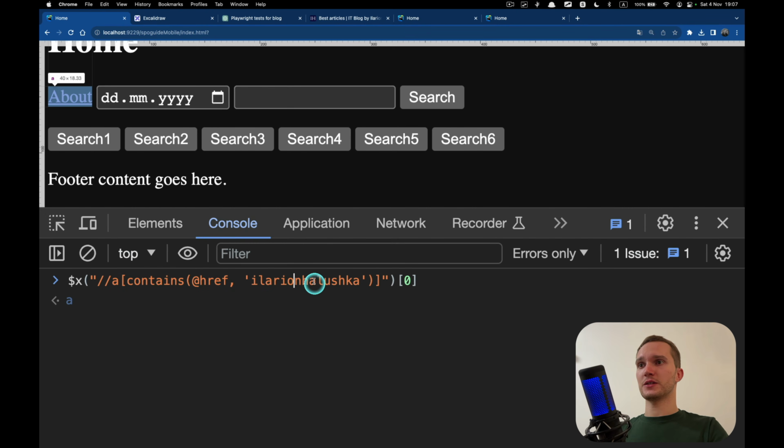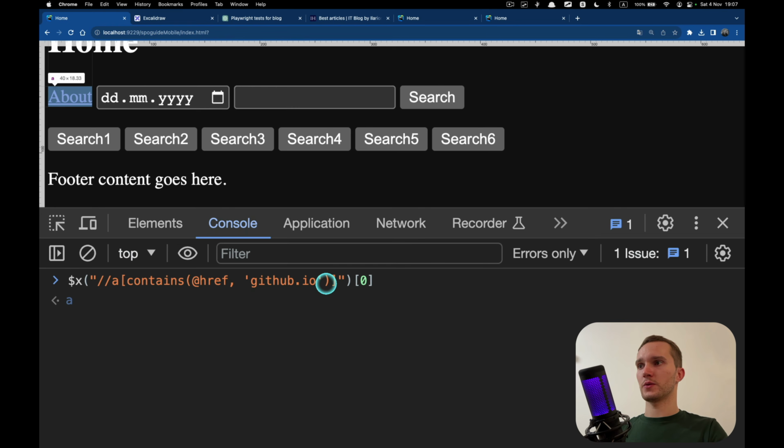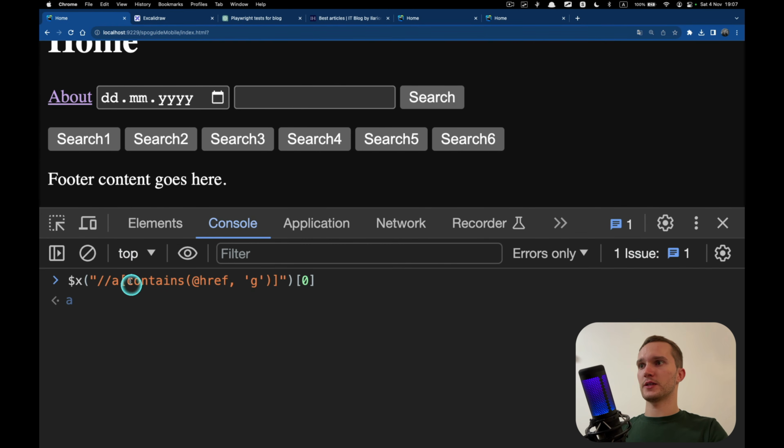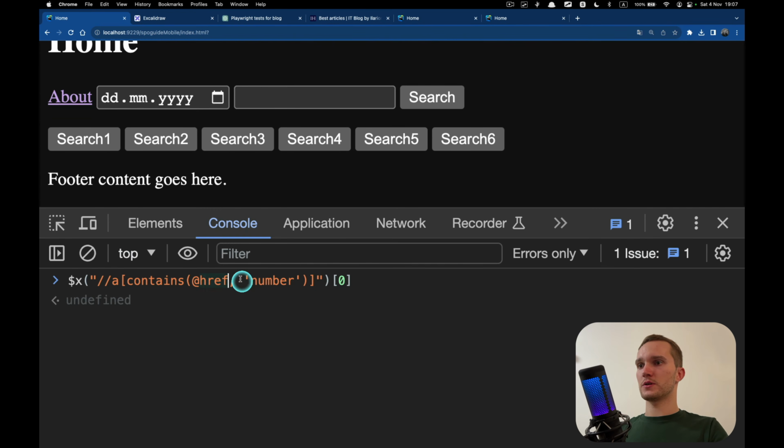That contains a link to Ilarion Halushka blog or GitHub.io, right? And we have such links, and we can do the same. What do we have? Number, data ID or something. Button contains data.